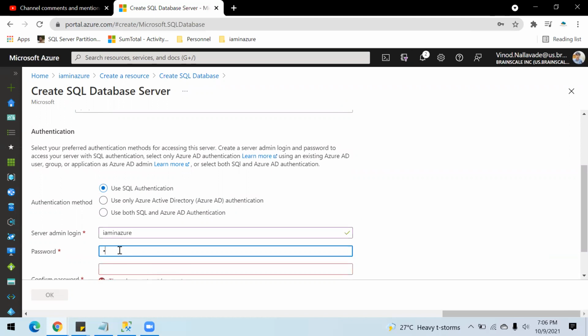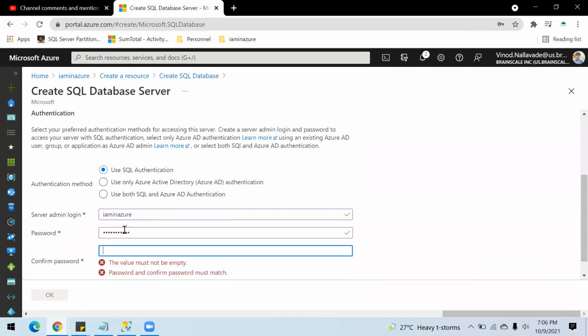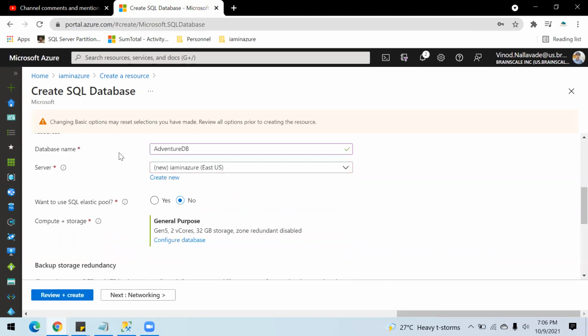Then I have to pass a password here. Okay, confirm password. Okay, so this will help me in creating the server.